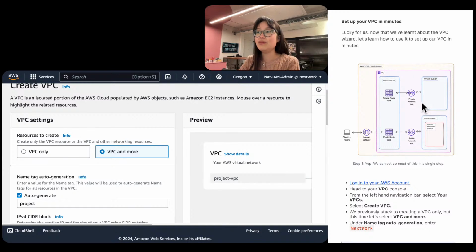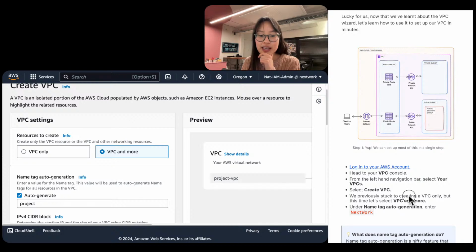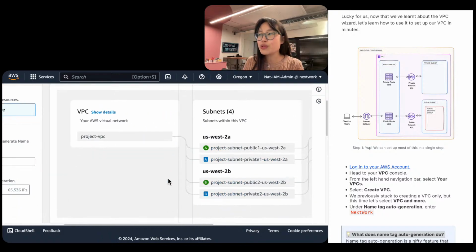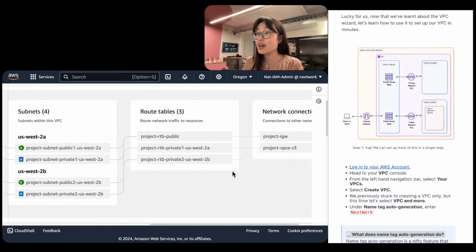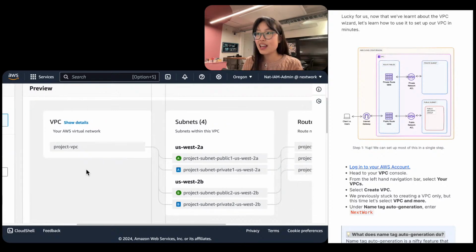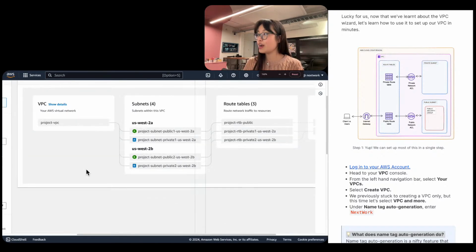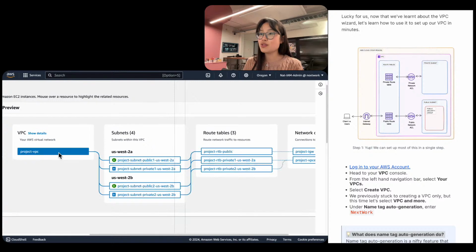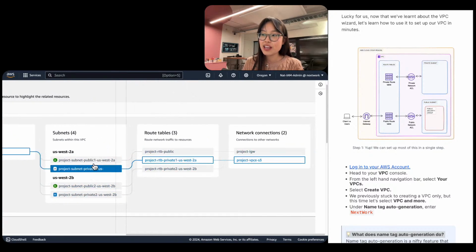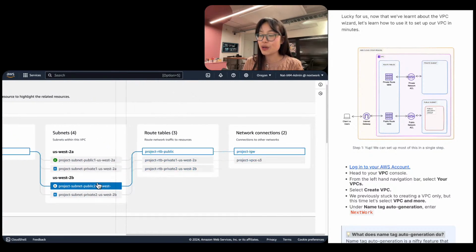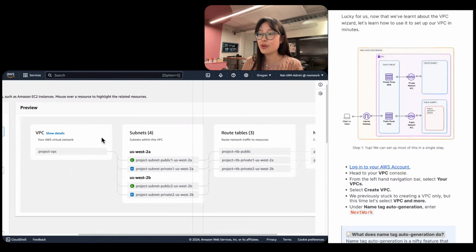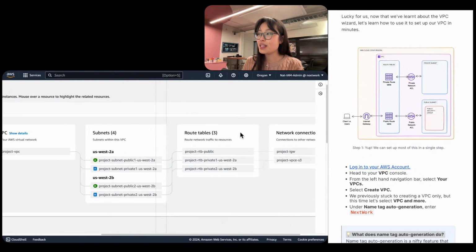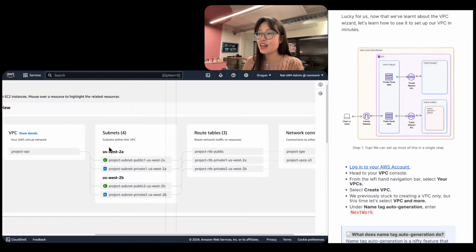So click on VPC and more, and you will see that once you click on VPC and more, there's already a diagram or resource map that shows up that actually tells you these are all of the resources this one flow can set up for you right away. And this resource map is just so cool to see because you can hover over it and then you can start to see connections between the different components as well. So for example, we have our VPC, we have subnets, route tables, and network connections, all of that set up